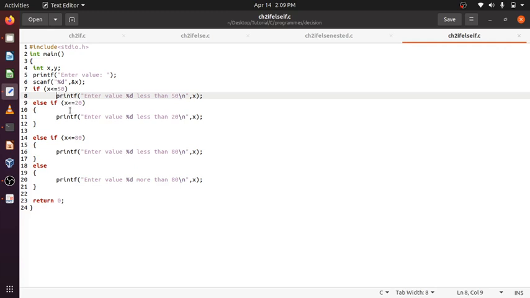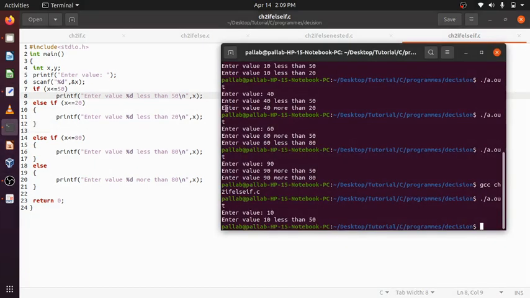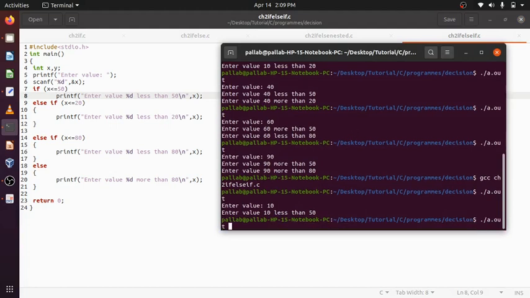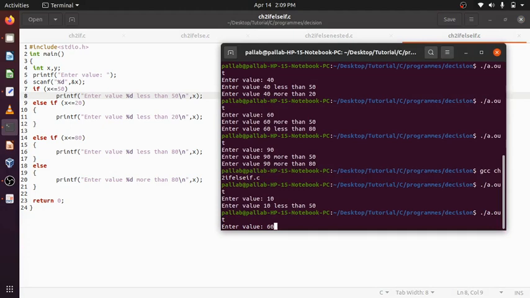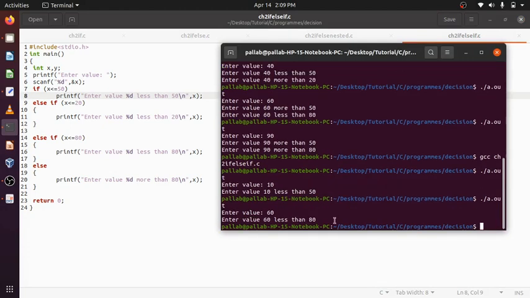Suppose the value of x is more than 50, suppose 60. 60 less than 50, no, 60 less than 20, no, 60 less than 80, yes. So this line is executed.